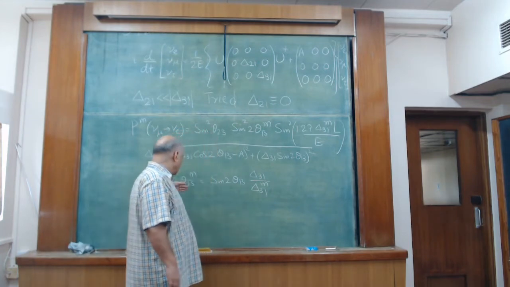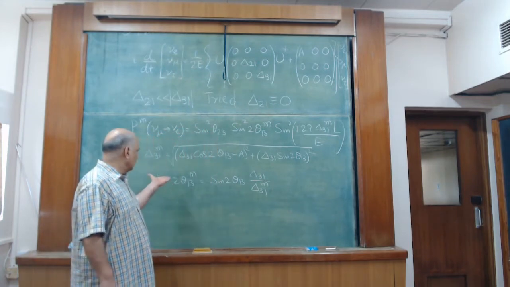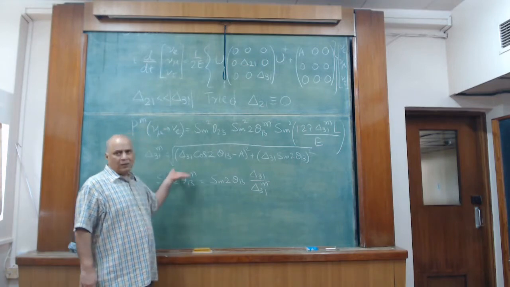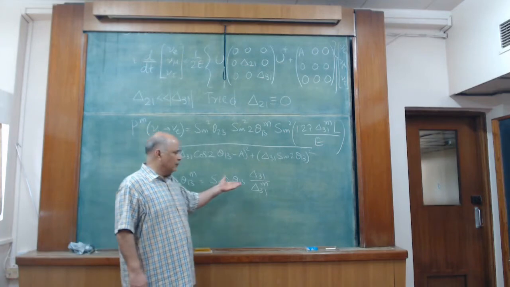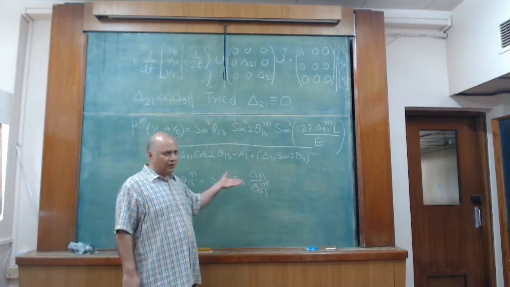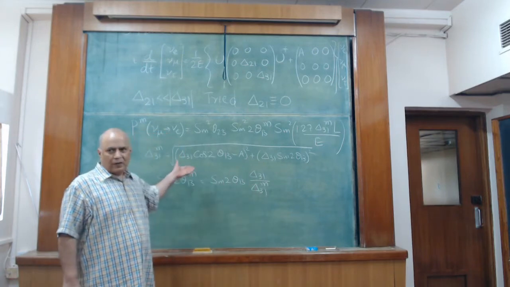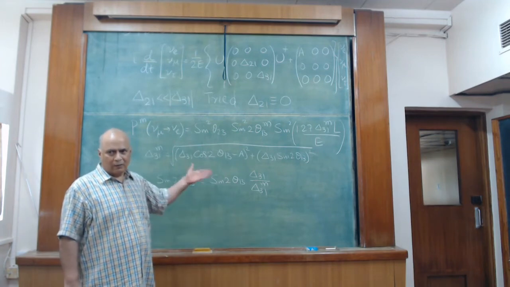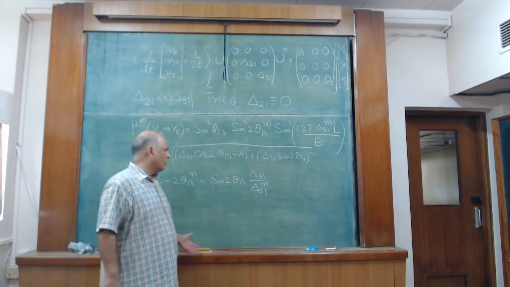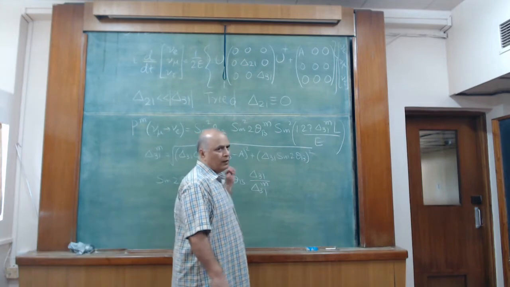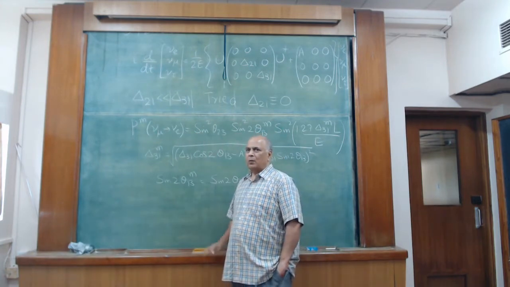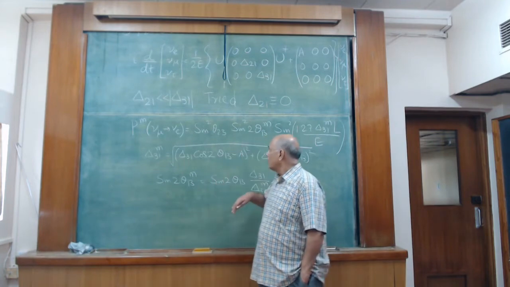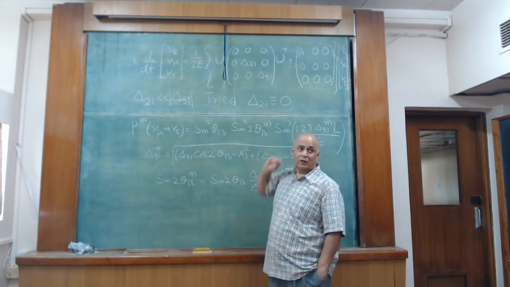We find that when delta 3 1 is positive, sin 2 theta 1 3 matter is larger than the vacuum value, whereas when delta 3 1 is negative, sin 2 theta 1 3 matter is smaller than the vacuum value, based on which we can tell whether delta 3 1 is positive or negative. But that is true only if delta 2 1 equal to 0,